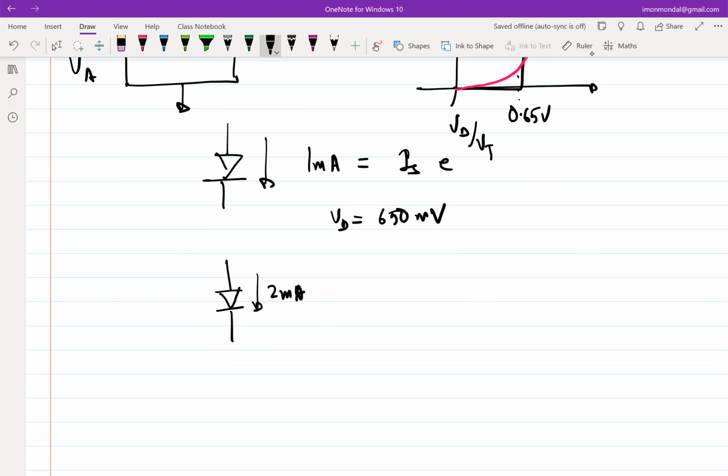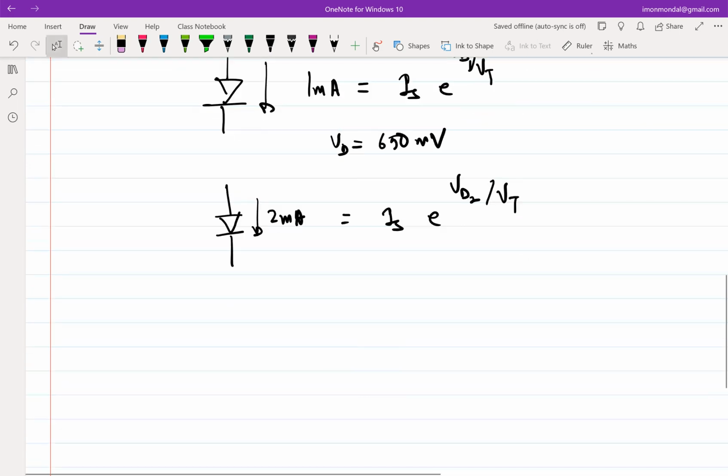How much change will VD we will observe? This is easy to find because I simply replace these two and then replace the value of IS from the first, right? So how much will be delta VD? In this case, again, I will have IS e power, if this is VD1, if VD2, by VT. So